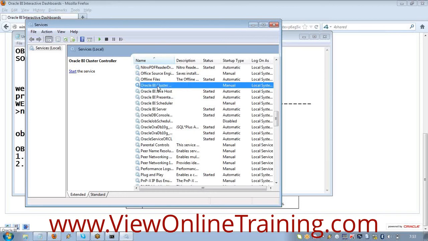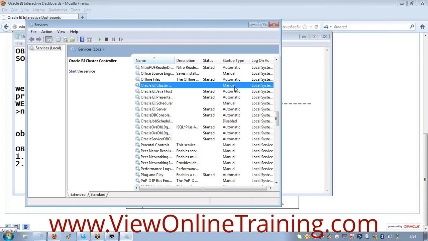Actually, this configuration is done by the database administrators. We are never bothered about this, because whenever we need them, you just ask them to configure a cluster, and they will configure it. So you need not worry about the configuration of this OBI cluster controller server. It's not our task. It is the task of the database administrators or the OBI administrators.